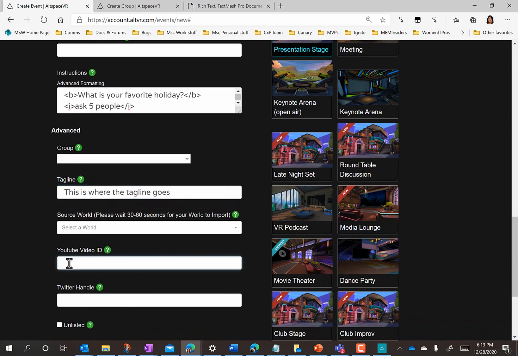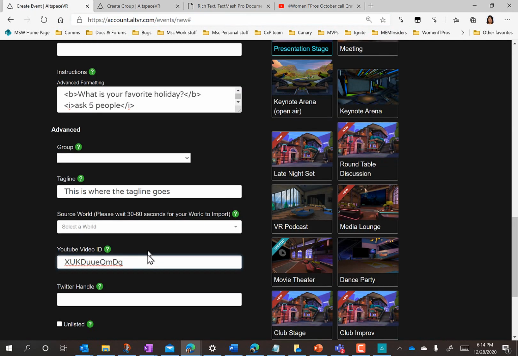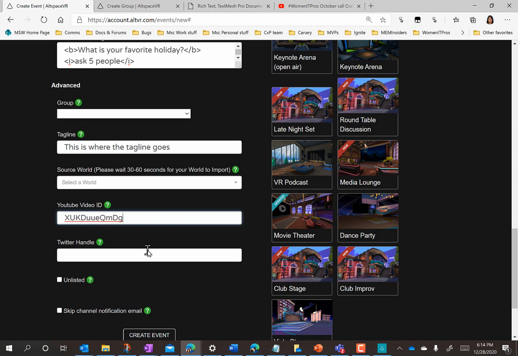You do have an option for YouTube videos if you want to add one. It can't be a channel, it has to be an actual video. All I need is the ID after the equal sign, and then that's going to show up on my event page. It doesn't show up in the event itself, it's just on the page when people go to access the event. If you wanted to give them some kind of a tutorial first and recommend that they watch it, if you want to do any other kind of information about your organization or your event, that's a good way to do it. But it does need to be a YouTube